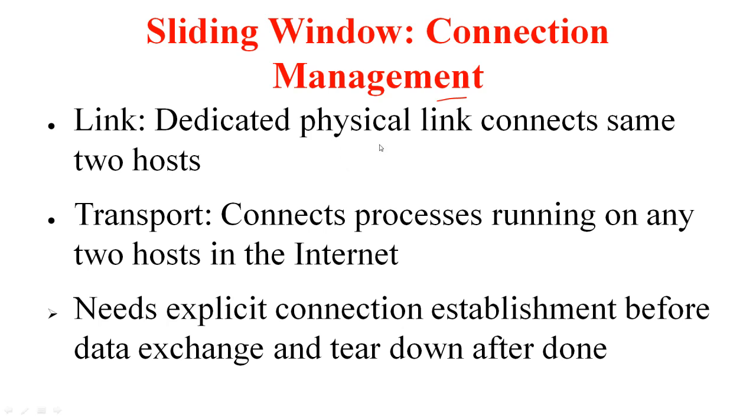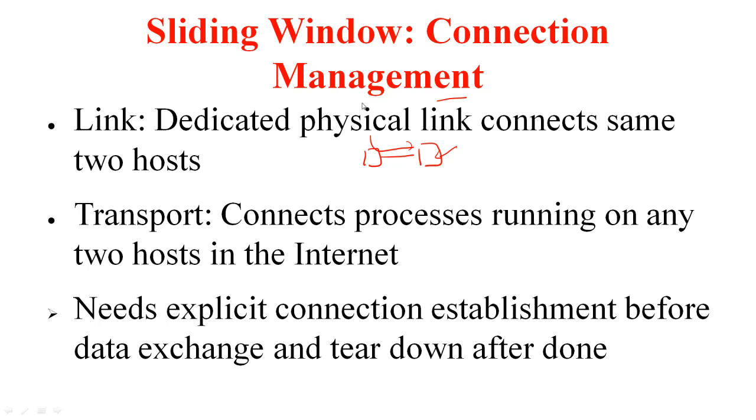When you have sliding window at the link level, the link over which you are running the sliding window is a dedicated link connecting these two hosts. So when you send packets from this host, they are destined to this other host, and it is easy to figure out the status of this other host. For example, if I'm in a room with one other person and I'm talking, and if you rule out the possibility that I'm mad and talking to myself, this means that whatever I'm saying is for the other person.